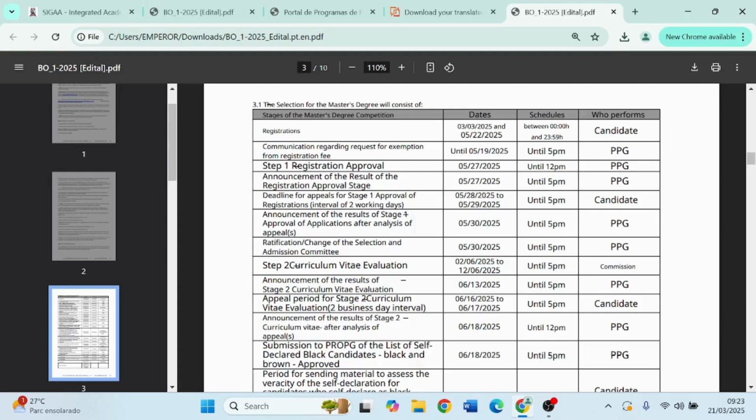Now, announcement of the result of the registration approval stage. This is when they are going to announce it, until 5 p.m. Brazilian time. This is the date. Deadline for appeal. Another sweet part of every Brazilian university's application is that you can appeal at every stage. So if you can't find your name in the registration approval, you can send them an email or follow the normal step to